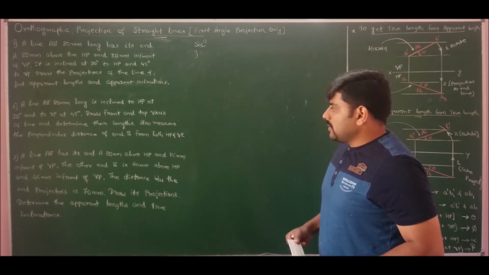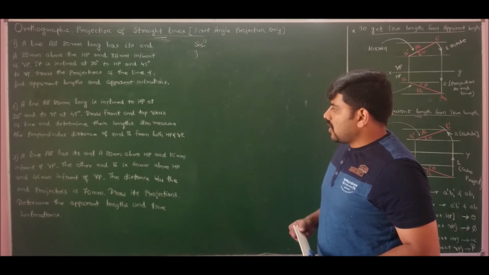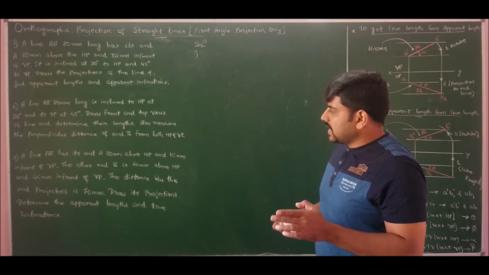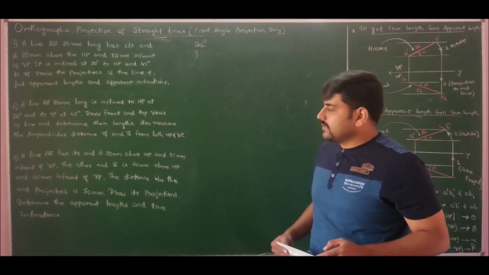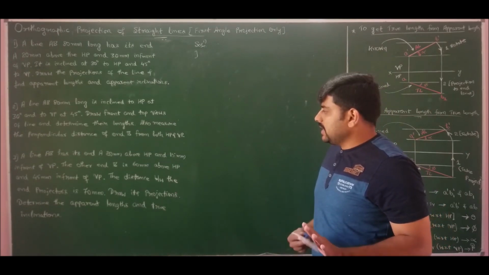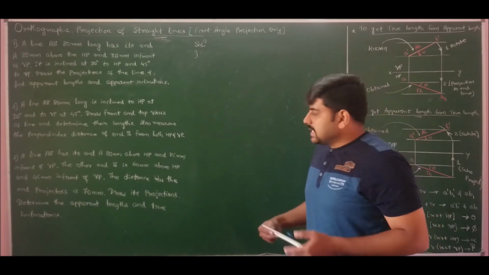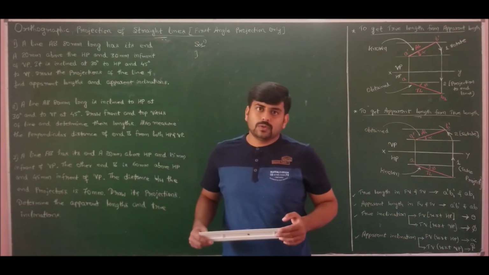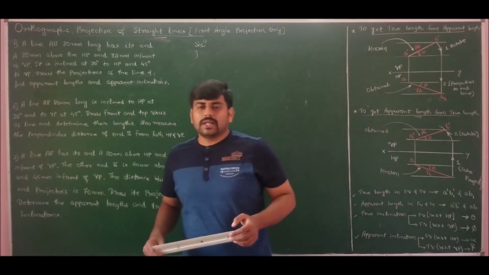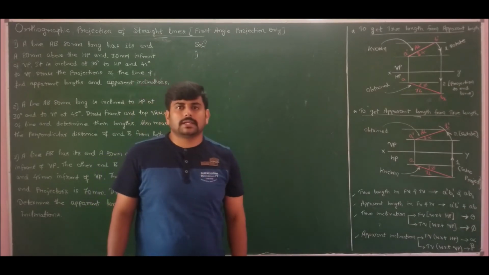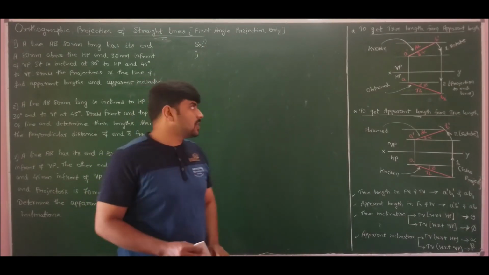So if you observe the problem, he has given the locus of A, locus of B, locus of A dash and locus of B dash. He has given all the 4 locus for us. Apart from that, he has given the distance between the end projectors. So I clearly explained the concept of end projectors in our problem 1 and problem 2, from which you have noticed that the concept of end projector holds good only for apparent dimensions. Let us solve this problem.